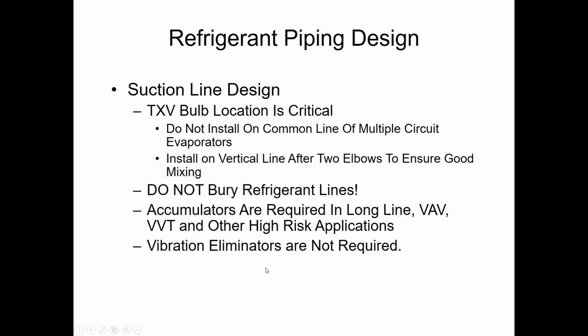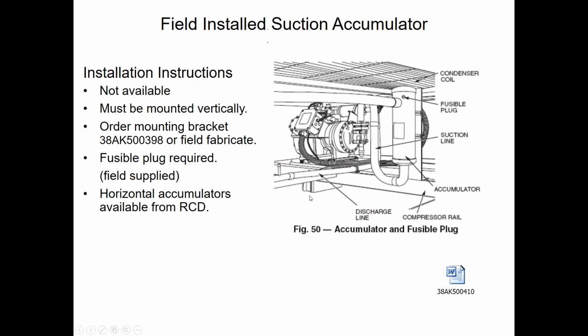Accumulators, we'll talk about accumulators on the condensing units. When we're in a long line application, and we'll get to that, typically it's at 100 feet or more commercially. Or we're VAV, variable air volume, or VVT applications, typically we'll have accumulators on the units. Now, you can also field install accumulators. We'll get into a little bit of that. Most all the accumulators we use, and this really goes back